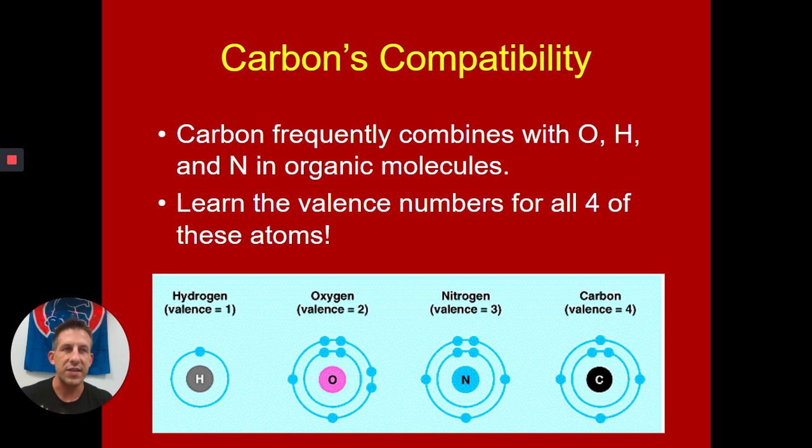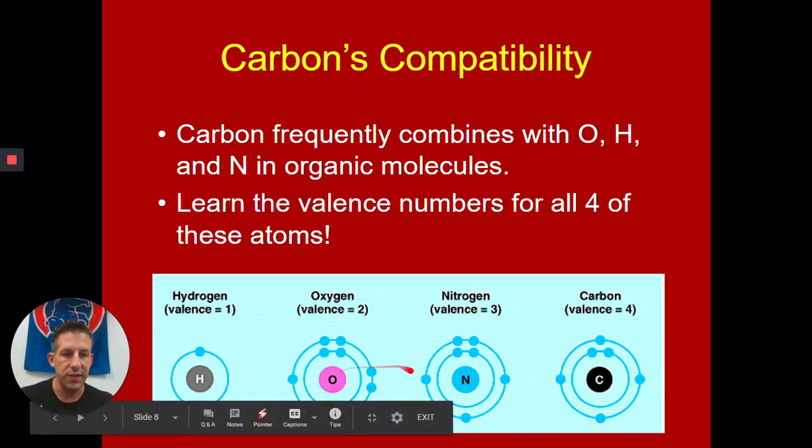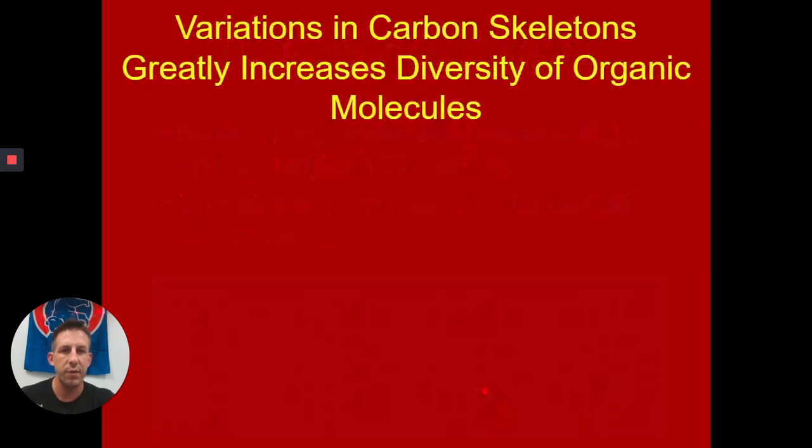So I think it's in your interest to understand at least what you're looking at in some of the organic molecule diagrams that we're eventually going to come to when we get to chapter 5. You might see a picture of nitrogen, and you might see it connected to 3 other things. And the reason that it is connected to 3 other things is because at its core it has 3 valence electrons that it ultimately wants to share to make bonds with. Okay? And that's what makes carbon such a diverse